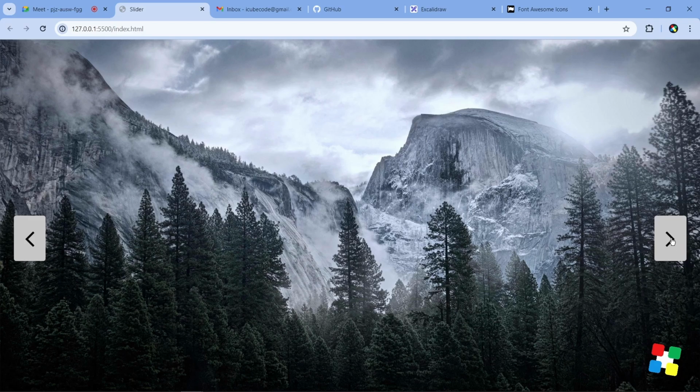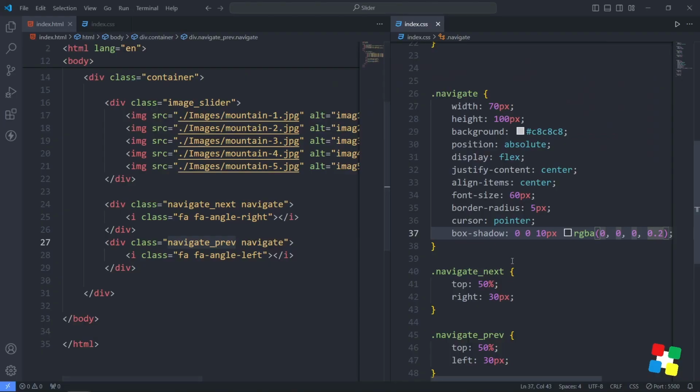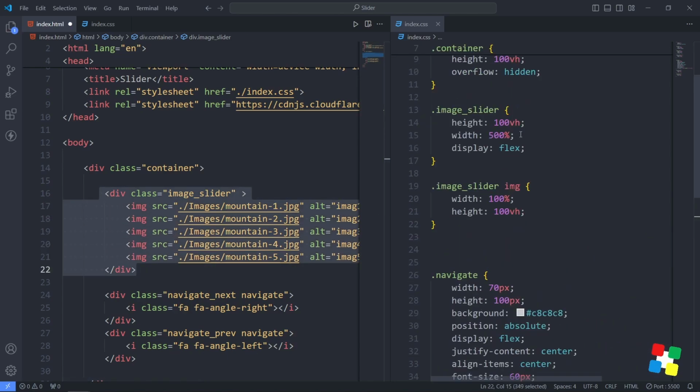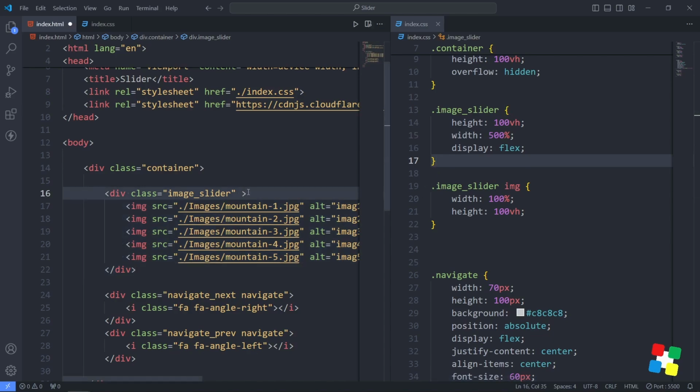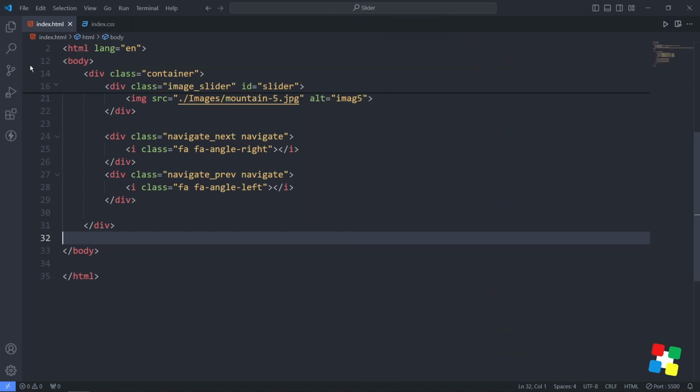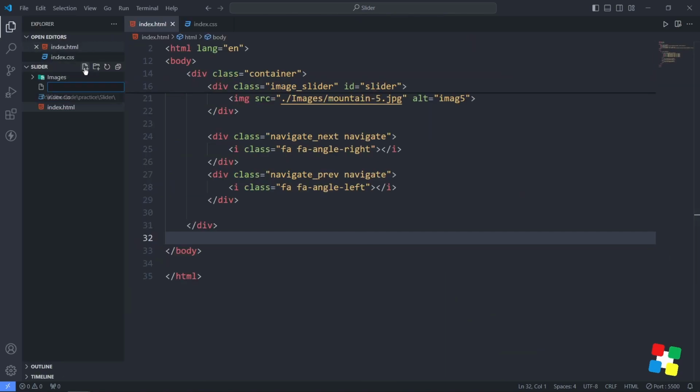Now we have to start writing the logic for JavaScript. The CSS and everything is done. So the simple thing we can do is, for this particular image slider which we have as 500% width, we can take an ID for that. I'll say slider, and let's write the JavaScript. So now I'll just create a JavaScript file